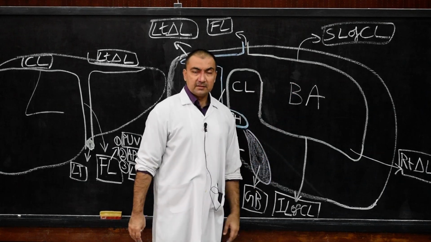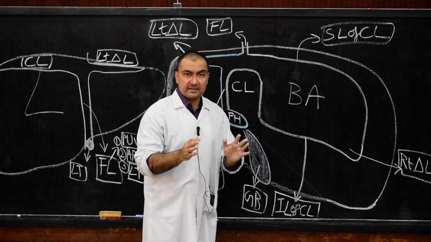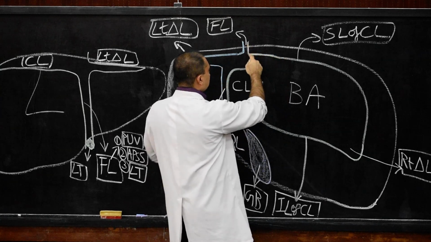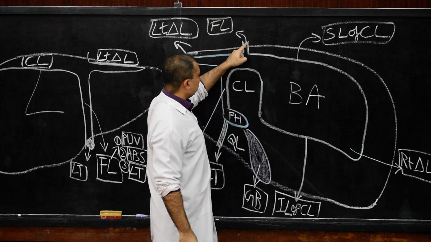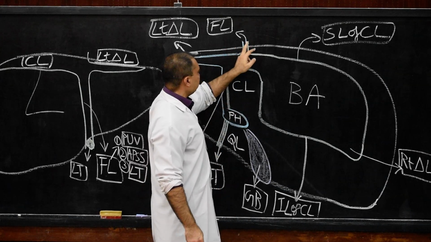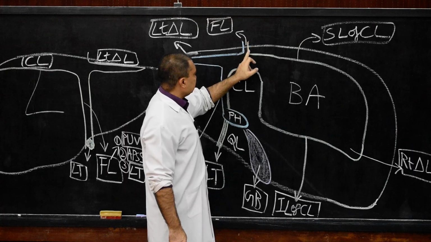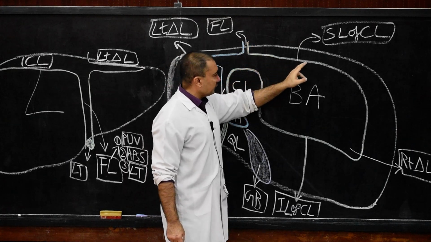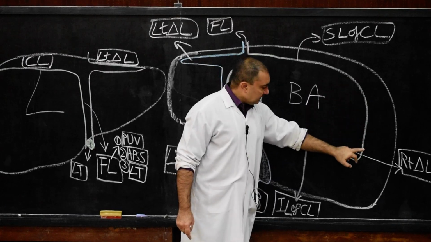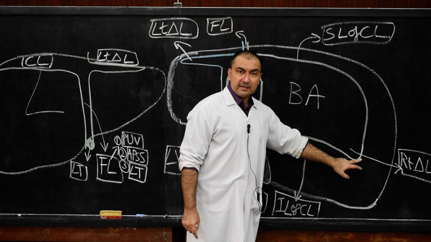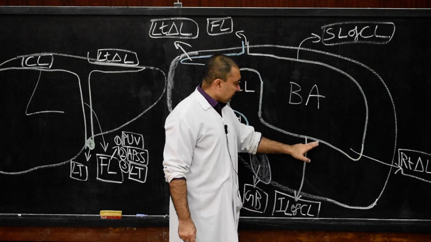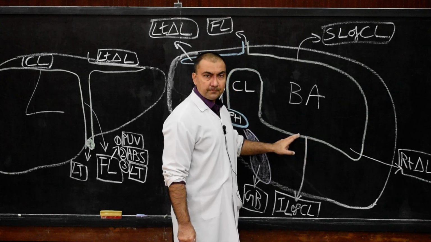Now the tracings, you need to trace, you need to understand. What are the tracings? The superior layer of coronary ligament, if you start from here, is continuous with the falciform ligament. Which side of falciform ligament, right or left? Right. So the right layer of falciform ligament will continue as the superior layer of coronary ligament, which will cover the bare area of the liver. And then it will form the right triangular ligament. After forming the right triangular ligament, it will continue as the inferior layer of coronary ligament.